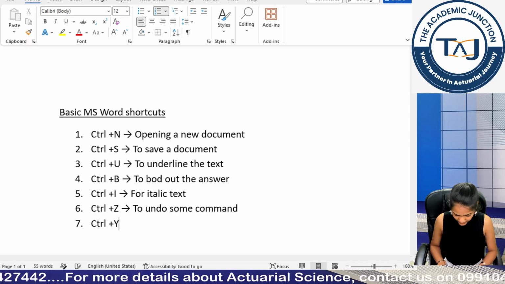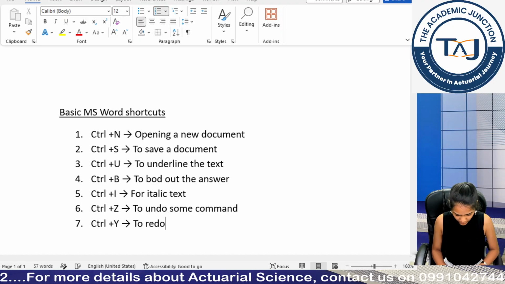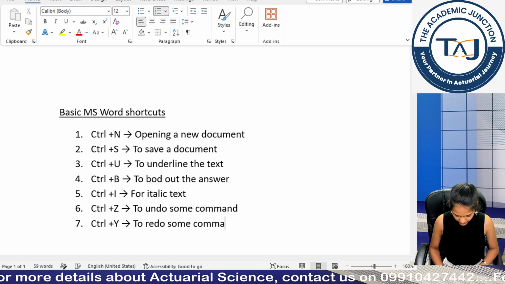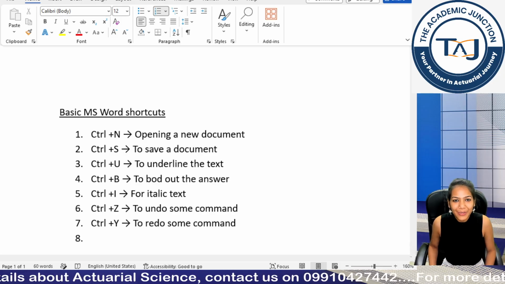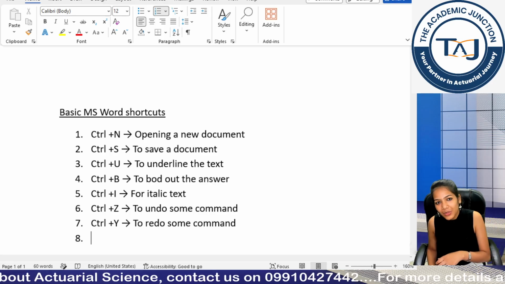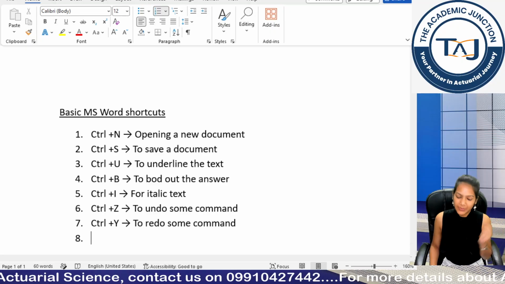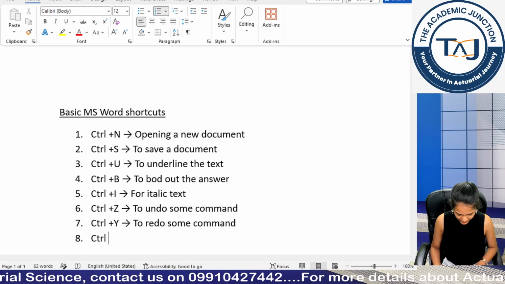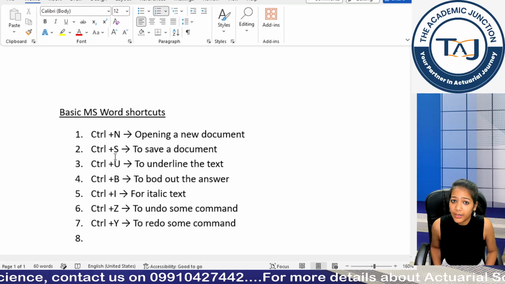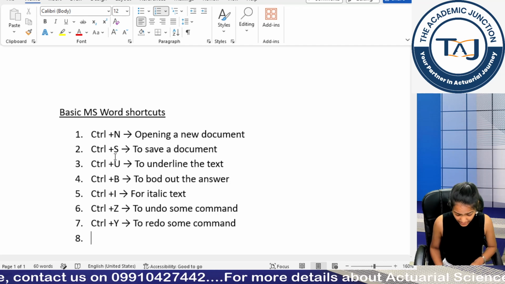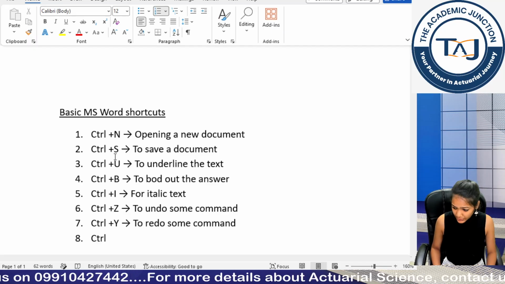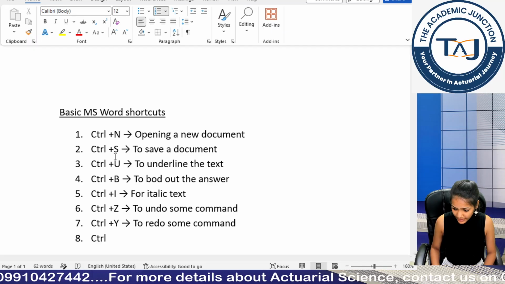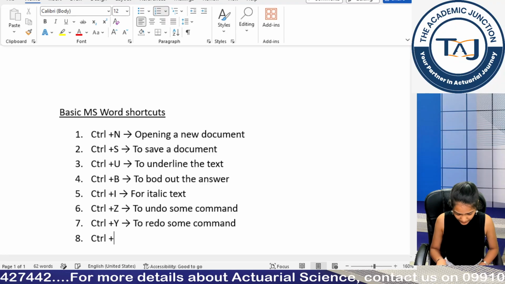Control plus Y to redo some command. For example, I mistakenly use Control plus Z. So to bring back the whole text, I will use simply Control plus Y. For example, let me say I just mistakenly use Control Z. So what I would do is Control Y, and I got my text back. Cool. Then we have Control plus A